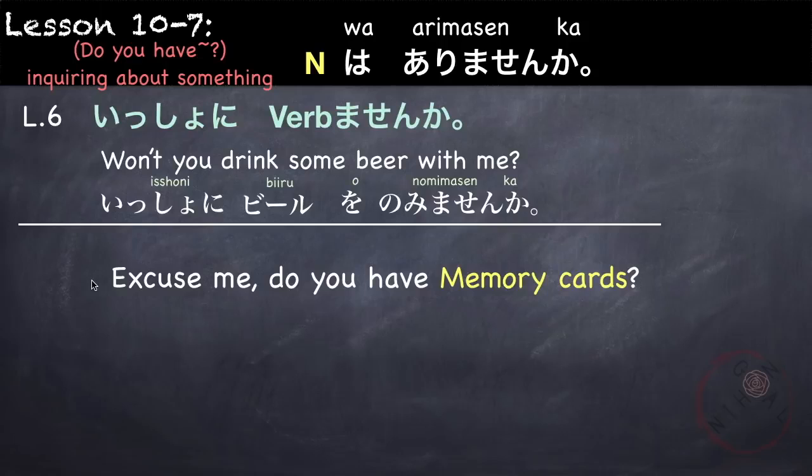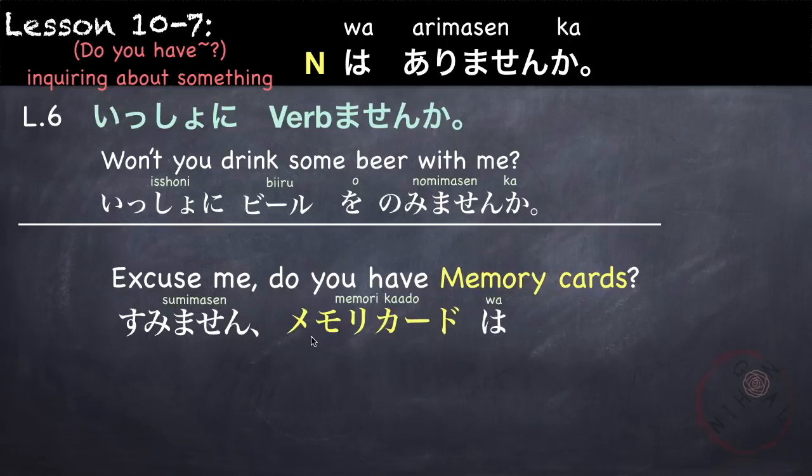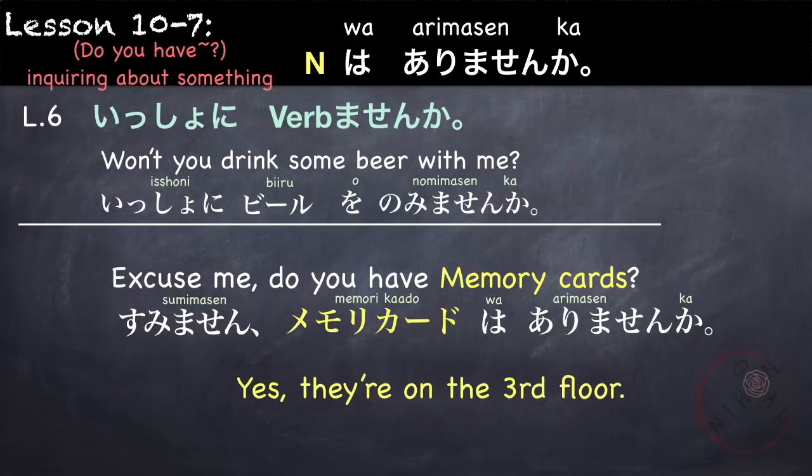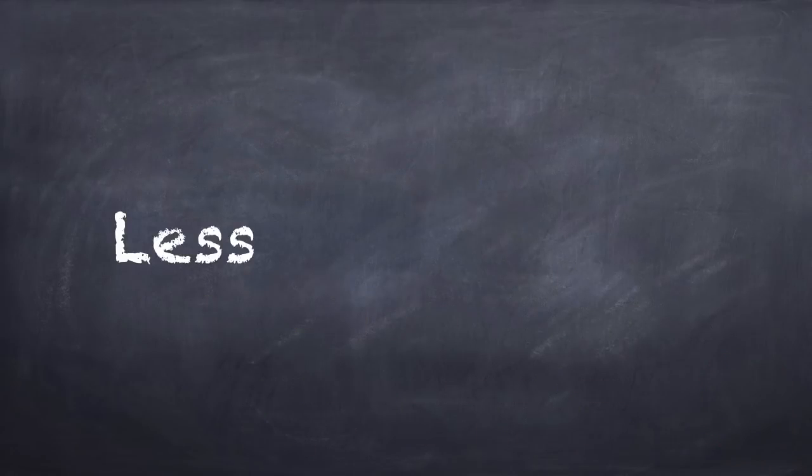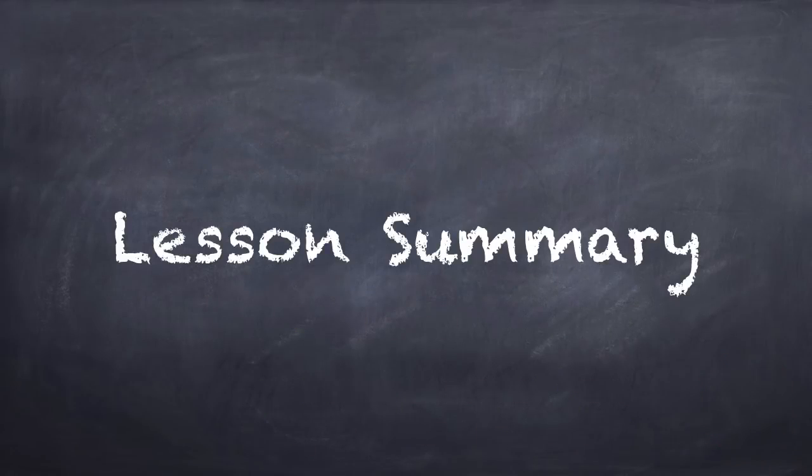You can ask someone in there, "Excuse me, do you have memory cards?" すみません、メモリカードはありませんか? Do you have memory cards? So the other person might answer, "Oh yes, they're on the third floor." はい、3階にあります。